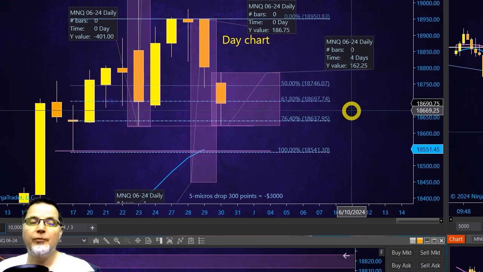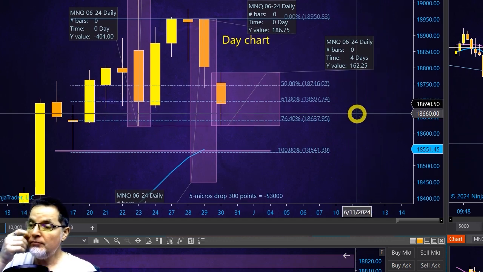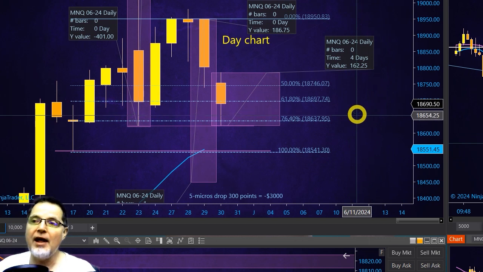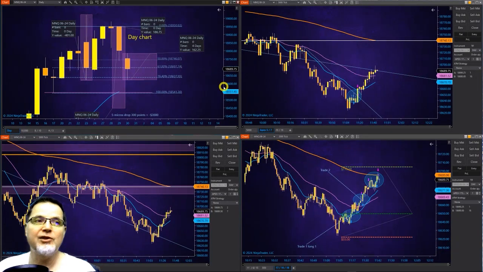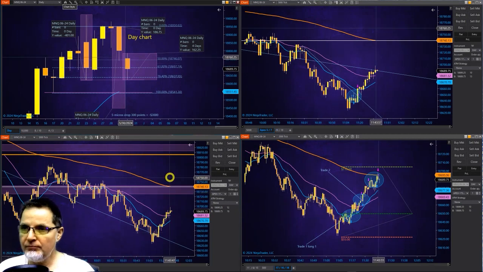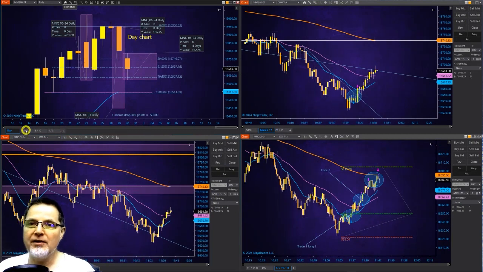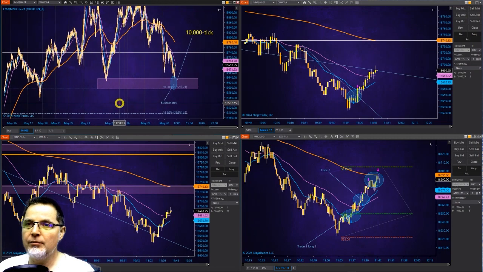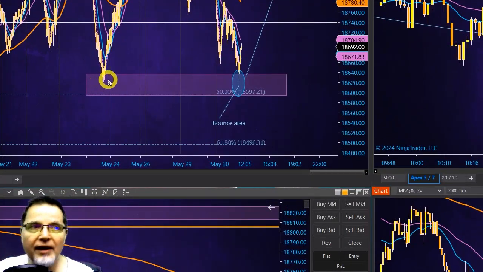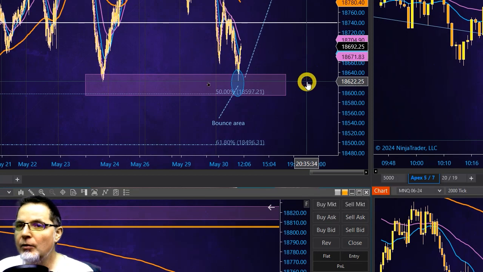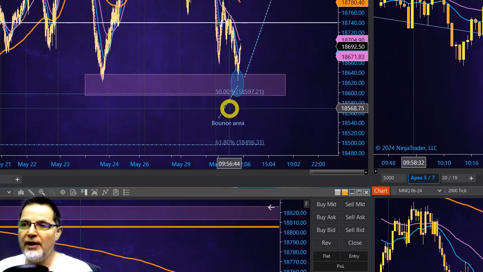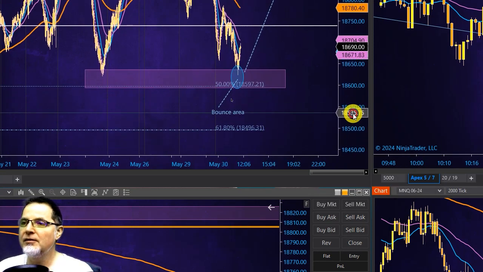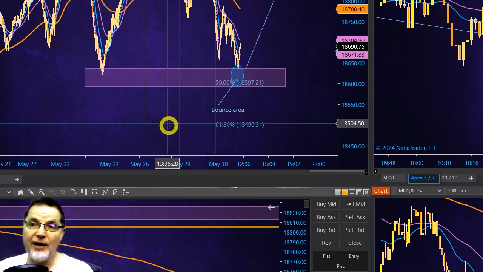Now, with the algorithms and the stop hunts that are in place, you're always going to get a break below that. A lot of times it'll break below support. That's where I like to add. Going back to the 10,000 tick chart here, you can see right here is where it pulled back to. Did it go lower? It didn't quite go lower, but I would have wanted to add. Well, with Apex, you can only add once,